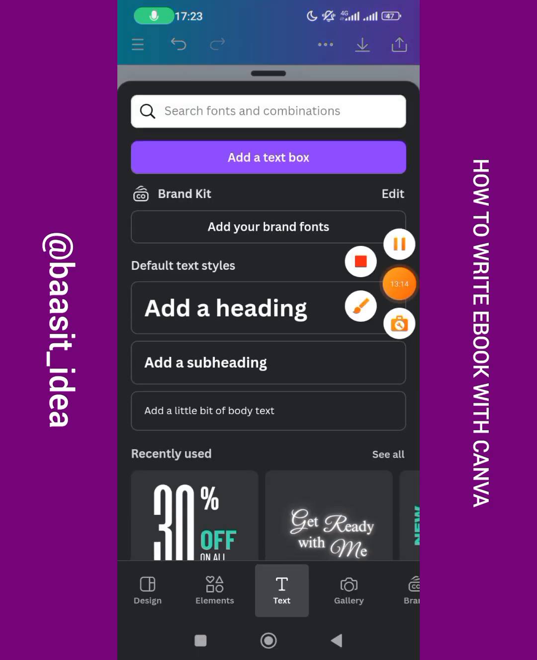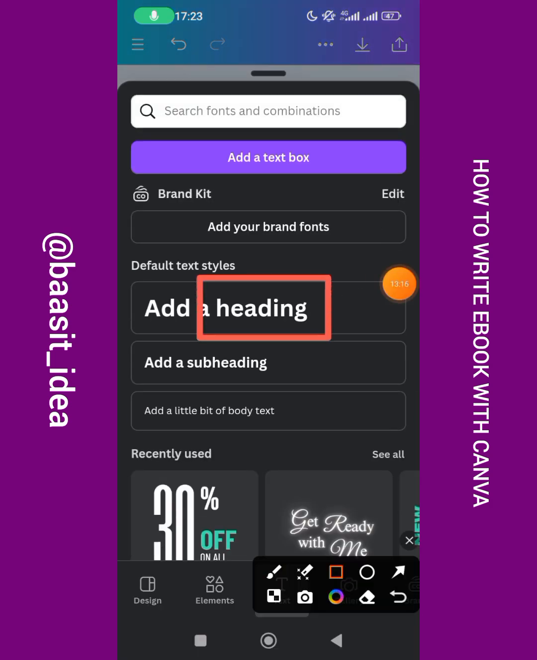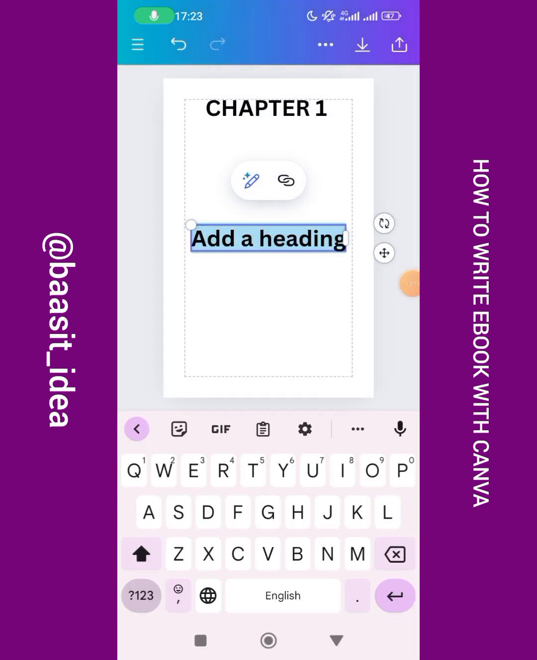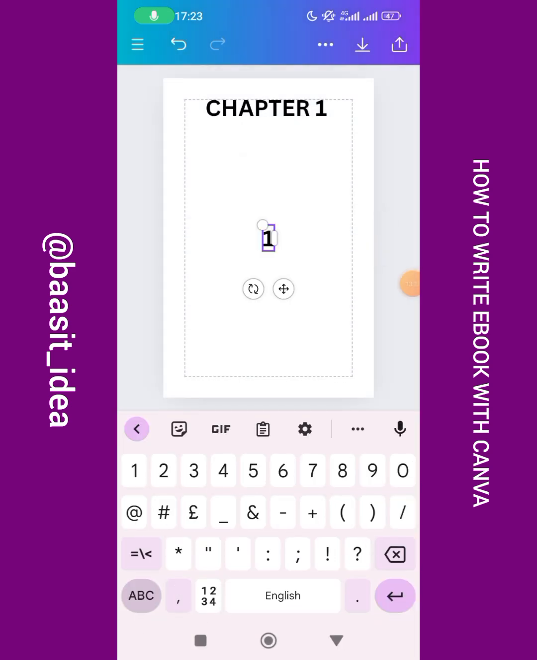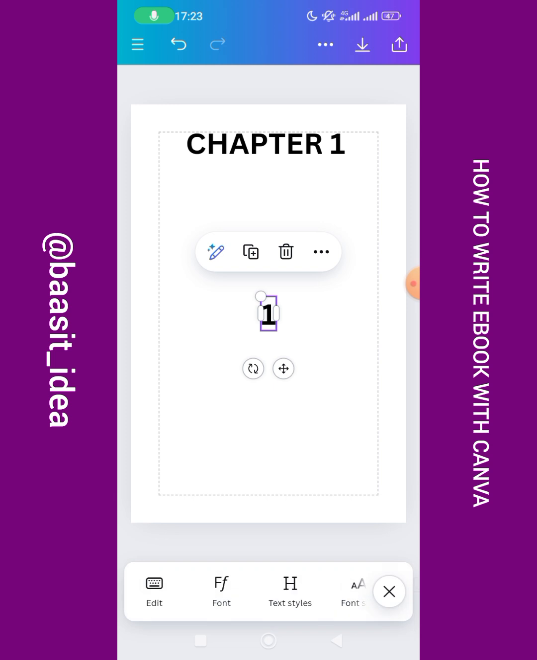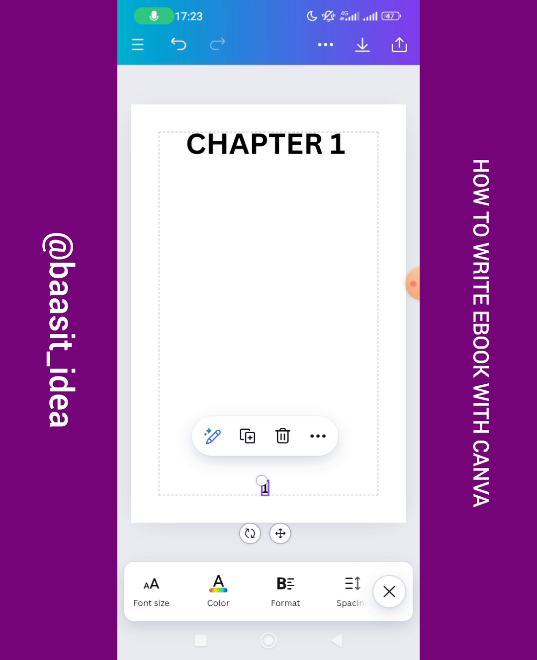After clicking on text, you click on add a heading. After clicking on add a heading, you then type maybe number 1, page 1. Maybe this is page 1 now. You reduce the size a little bit and place it at the bottom here. So you now go to position. You scroll